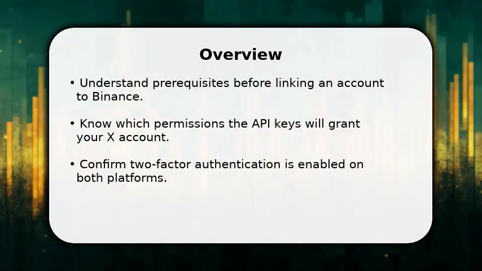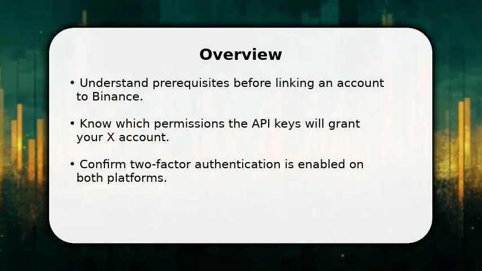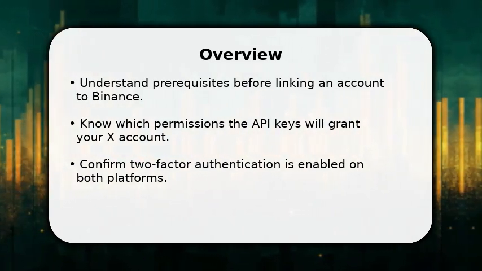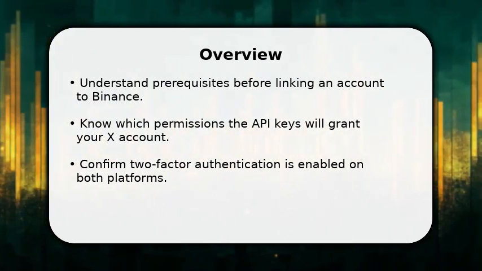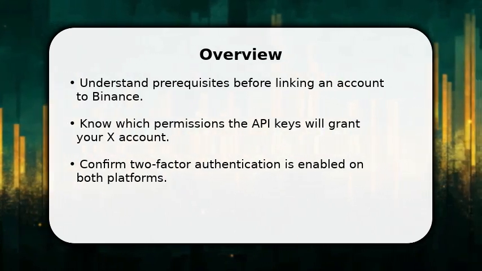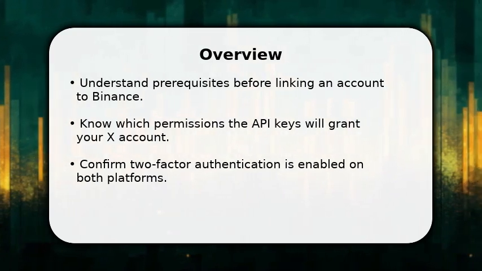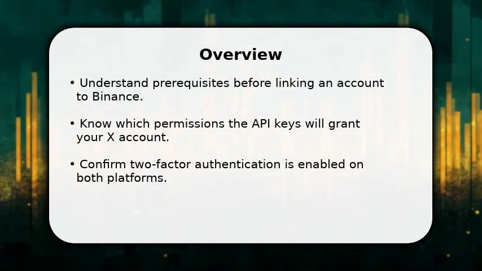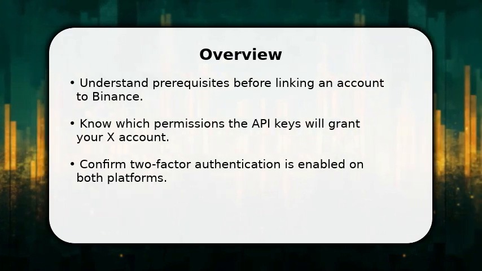In this video, I will explain how to connect X account with Binance, full guide. Open Binance, sign in, go to Security, enable two-factor authentication, and verify your email and phone. Next, access API management, create a new API key, label it clearly, and store the secret securely. Finally, visit your X account settings, find integrations or apps, paste the API key and secret, and grant only the